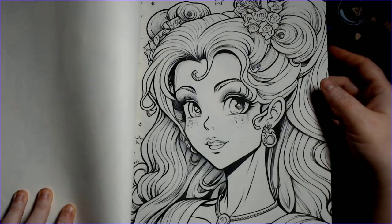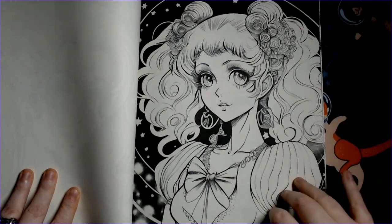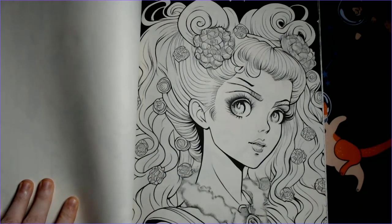I need to put, I guess I could put a timestamp, but I'm not saying with 100% certainty. I said I wasn't going to say this, but I'm going to go ahead and say it just based on what I'm seeing. I'm not going to say with 100% certainty that these are AI generated coloring books because it is not labeled as such. However,